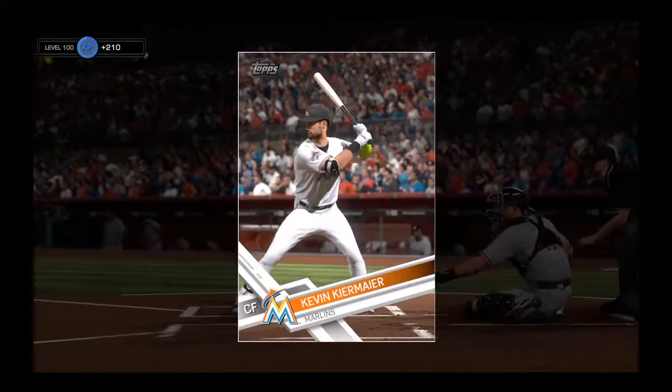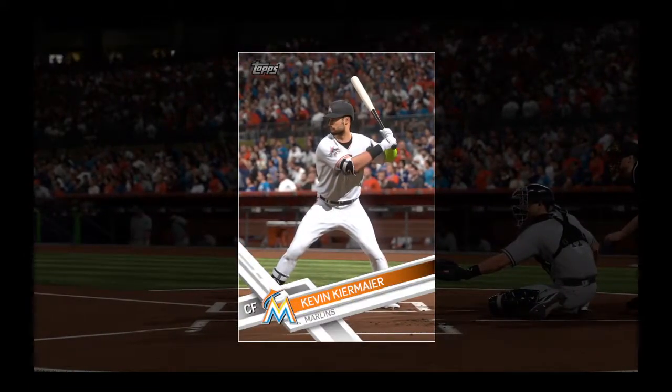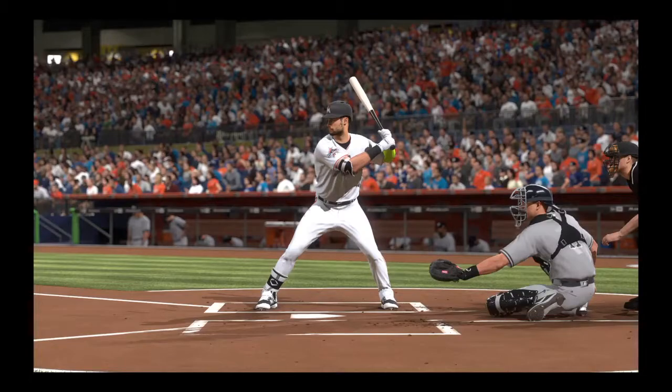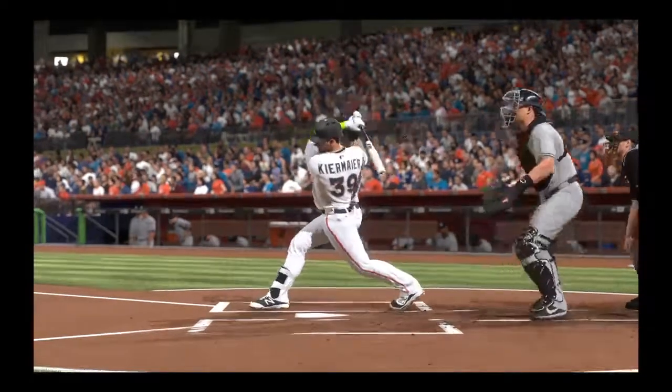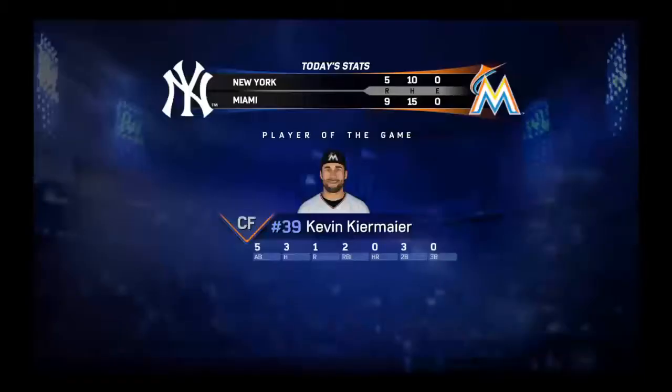So the lineup really helped carry them to victory here in this one, and this man was a big reason why. He's our tops player of the game. Yeah, he was a big factor in this one, guys. He swung himself into a 3-hit ball game, so